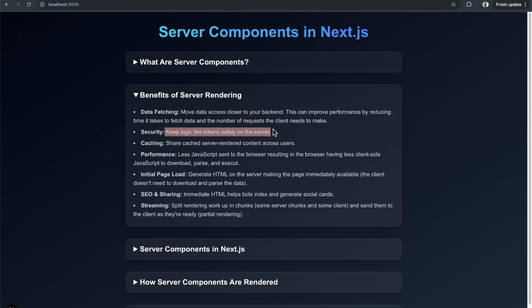You don't need to necessarily ship that to the client. Also, caching: you can share cached server rendered content across users. Performance, so, similar to the data fetching one and improving performance there. With server rendering, less JavaScript can be sent to the browser, resulting in the browser having less client-side JavaScript to